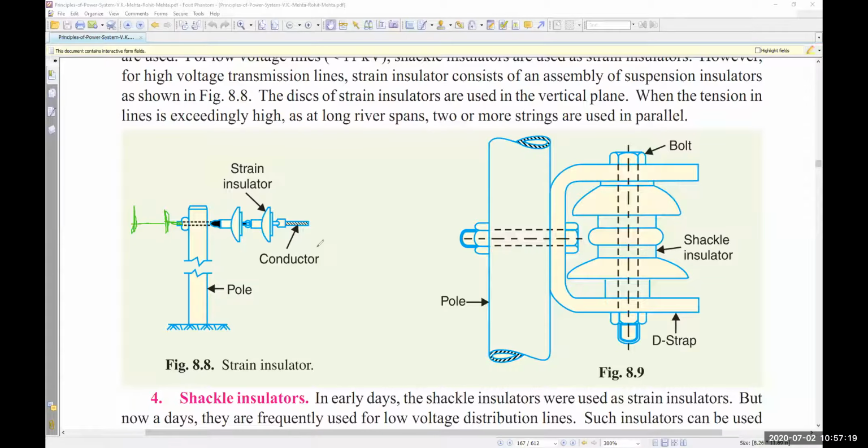One conductor is ending here, another conductor will begin here, right? Then you connect the conductors using an auxiliary cable. Okay, let me show you. Let me show you this on the internet.